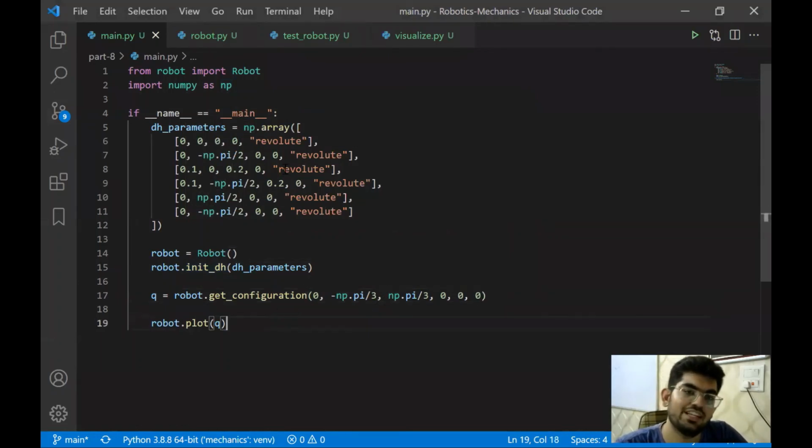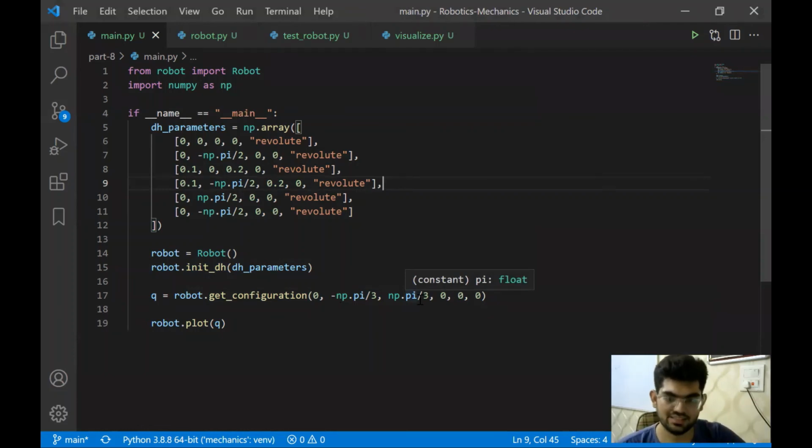All right, so we have finally implemented the visualization part. One thing that we can add to this is sliders, like for the theta values or for the prismatic joint, those are going to be the d values. We can add sliders to the plot as well. That way we do not need to change the code again and again, but can adjust the slider values like this and get the results that we want. That's something similar to what RViz in ROS does, not exactly this, but we can do that in the coming videos or so.